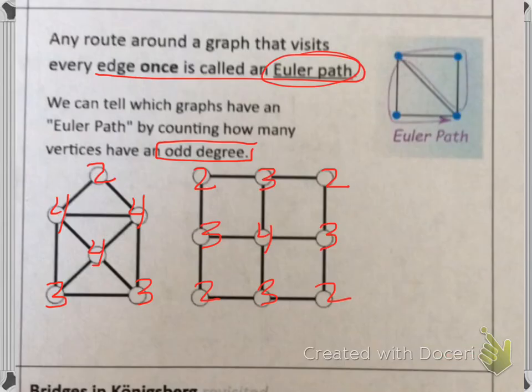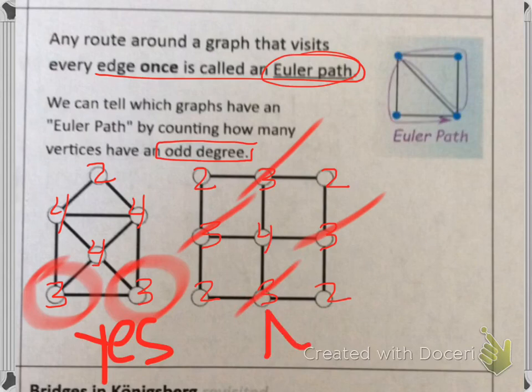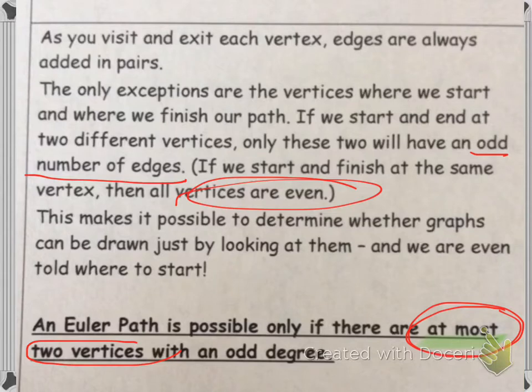So again, back at these ones, we didn't trace these ones, but let's just look and see if we can trace these ones. So let's look at this for a minute. I have 1 odd degree here and 1 odd degree here, which means yes, I should be able to trace this. On this one, I have an odd degree here, here, here, and here. So that's going to tell me no, I am not going to be able to trace this. Okay, so again, that's what he says. Euler says that you have to have at most 2 odd degrees.